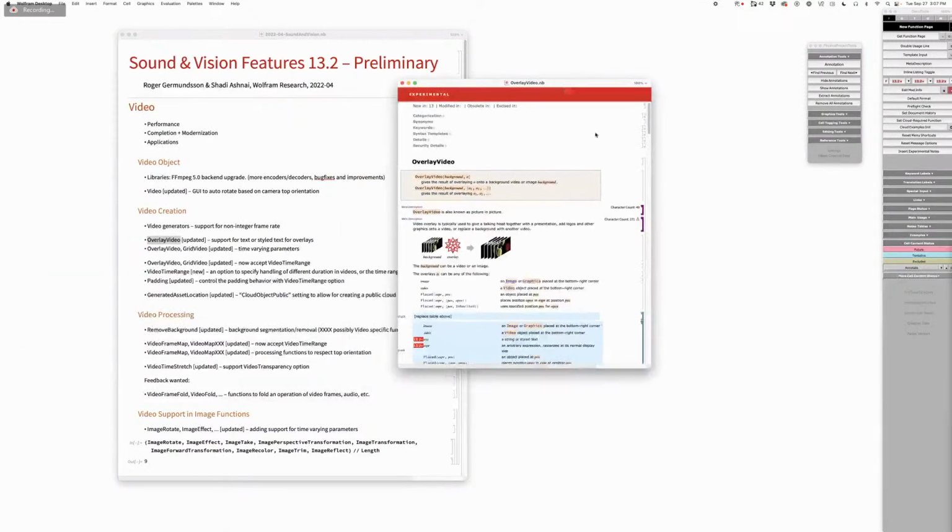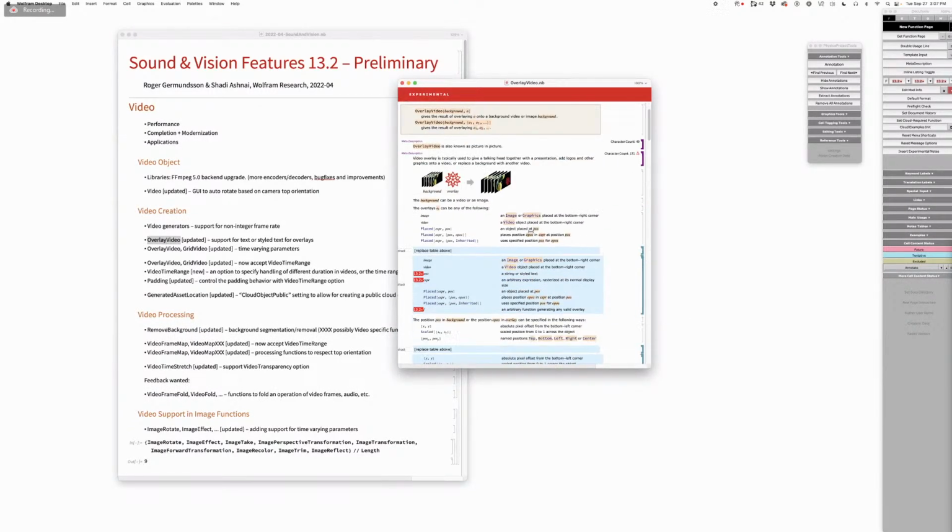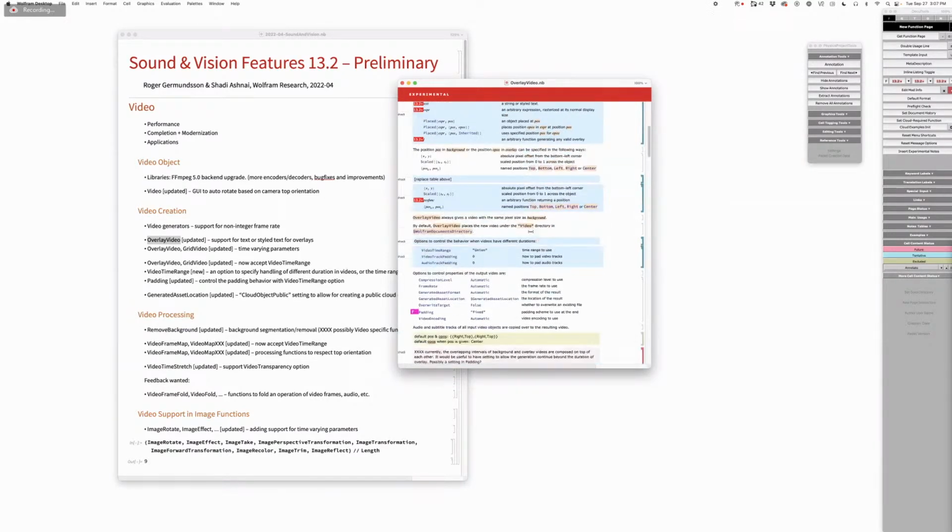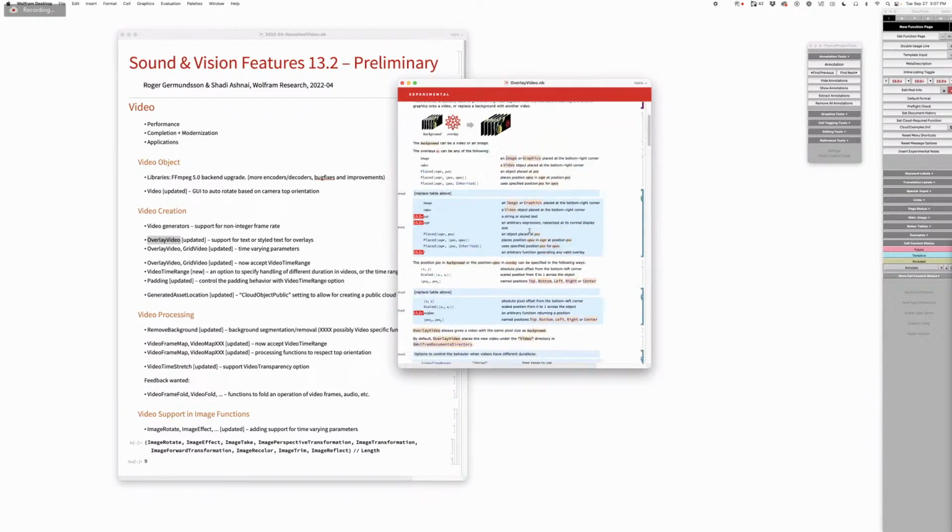Okay, what's new in overlay video? Text and expression, those tentative tables. As far as overlay, we supported another video or an image as an overlay. Now we're supporting text or styled text or any arbitrary expression. What about arbitrary graphics as well? Yes. Graphics was already supported. Now, the last item of that tentative table is a function. So we also accept a time varying expression. So a function of time. So if you want an animation,